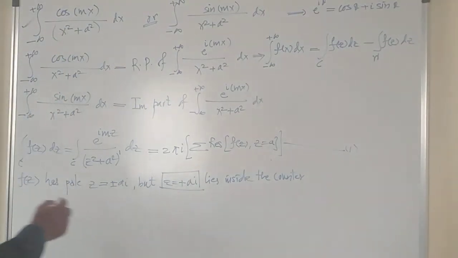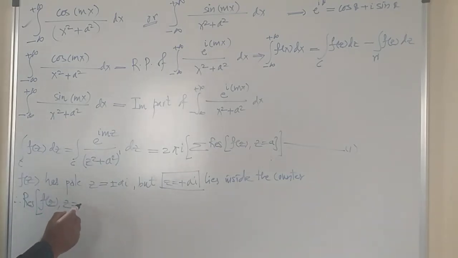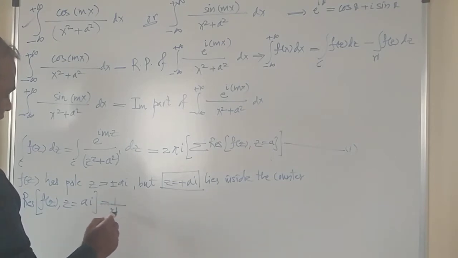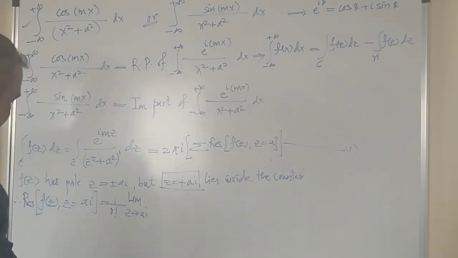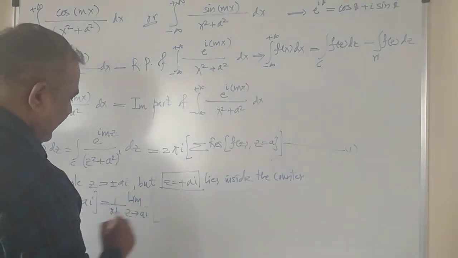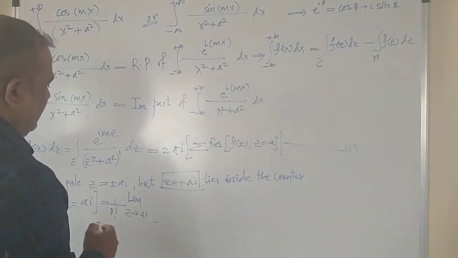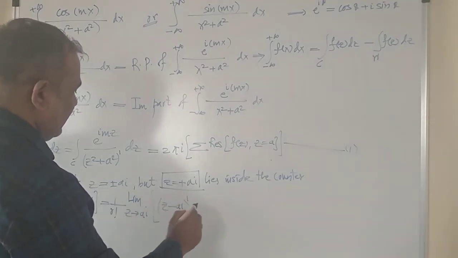Z is equal to plus ai, and therefore we will get the residue of the function. Residue of the function f of z at z is equal to, what is our point? Our point is ai, which is equal to 1 upon n minus 1 factorial. N is equal to 1, so 1 upon 0 factorial into limit z tends to ai, into the bracket n minus 1th derivative, that means 0 derivative. I did not write the derivative. 0 derivative of the function z minus ai raised to power n into f of z.